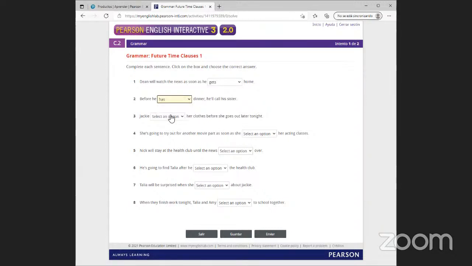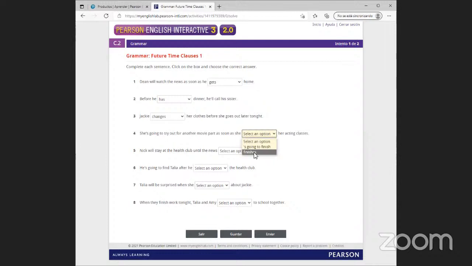Before he has dinner, he will call his sister. Jackie changes her clothes before she goes out late. She's going to try out for another movie part as soon as she